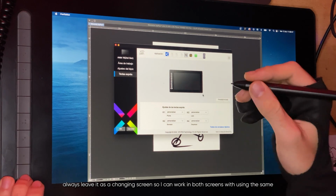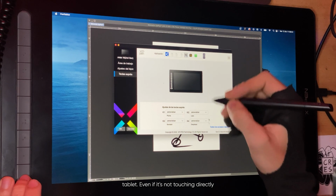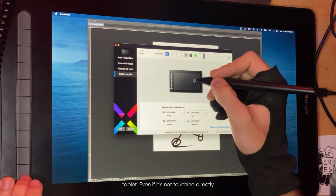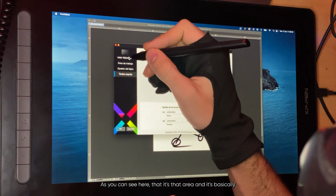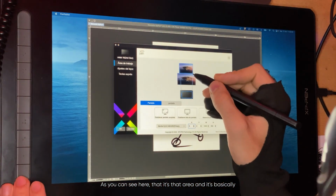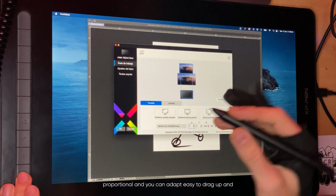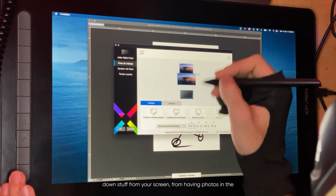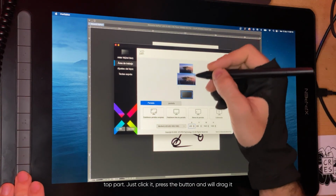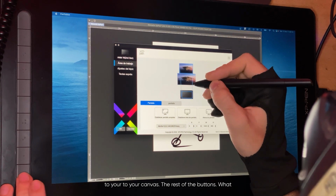The lower button I usually always leave as changing screen, so I can work on both screens using the same tablet. Even if it's not touching the screen directly, the configuration works perfectly, as you can see here. It's that area, and it's basically proportional, and you can adapt easily to drag things up and down from your screen. From having photos in the top part, just click it, press the button, and drag it